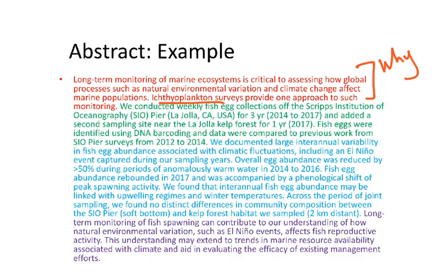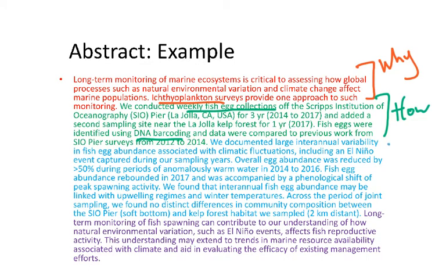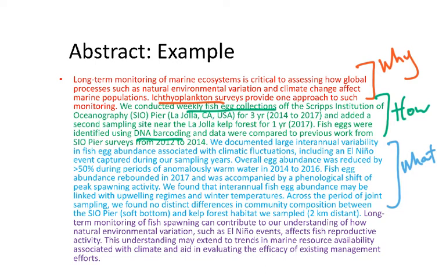In green, we have the methodology, so how the study was conducted. So here it says they did weekly fish egg collections, and it gives details about where those collections were done, what years, etc. And then also it gives a little bit more information about the wet lab part, so they use DNA barcoding in order to assess the data. The blue is the results, so the what. So this summarizes what was found, and then lastly in purple, which unfortunately I don't have purple,